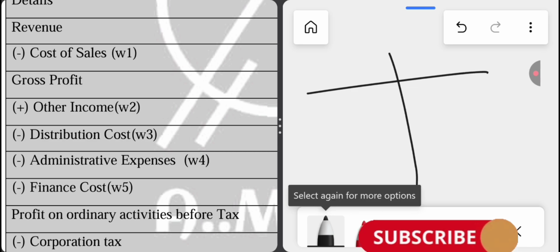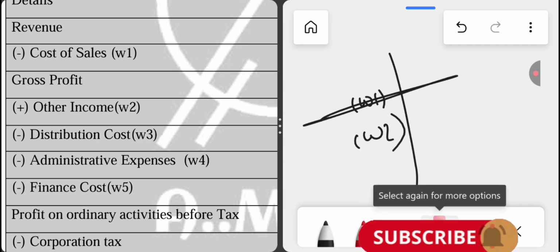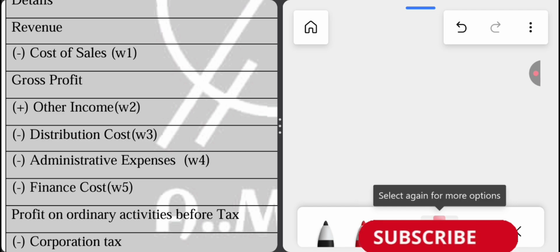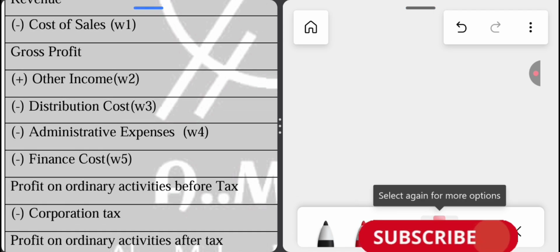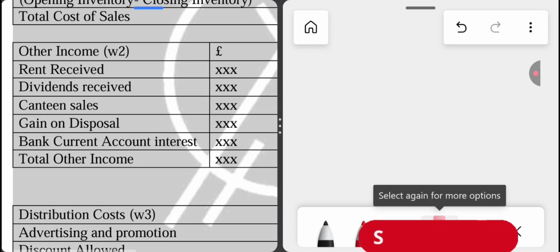the income statement is shown with working 1, working 2, or working 3, because income statements are very large. An investor does not have that much time to see each and every working. So they see the total amount, and if they have confusion in any specific headline or topic, they just go to the back pages and see the workings for that thing. Understood? Now let us come to the point